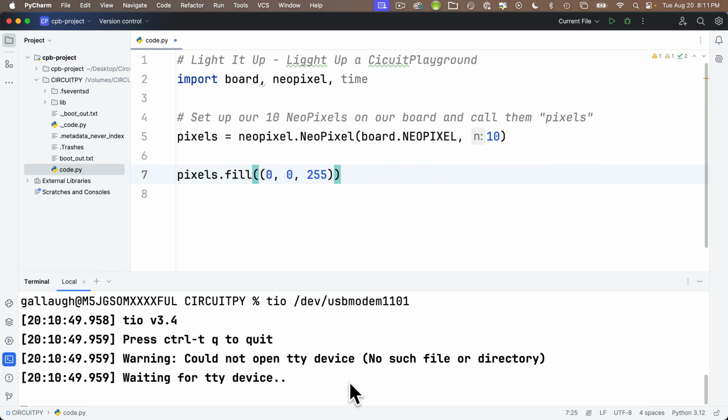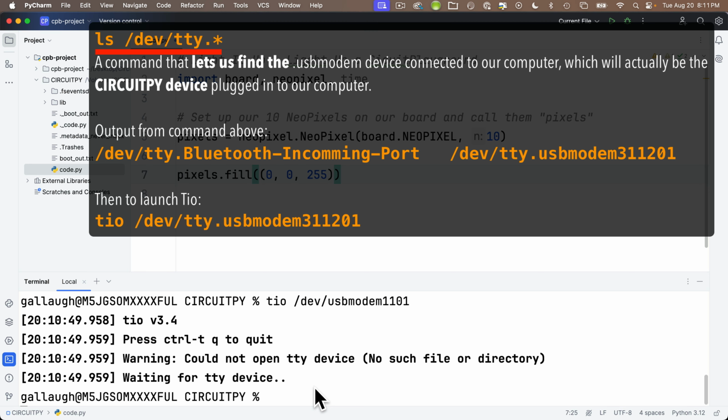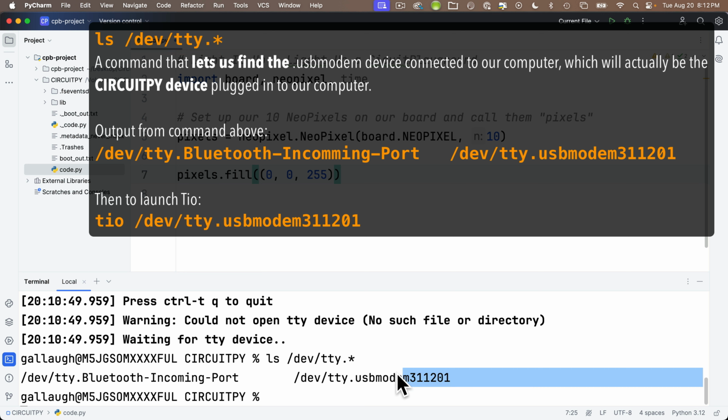So if you ever get this warning message, just return to the percentage prompt, usually Control T, then Q will do it. Then at the percentage prompt, enter the ls command that we just showed you. That's ls space /dev/tty dot star, all lowercase, press return,